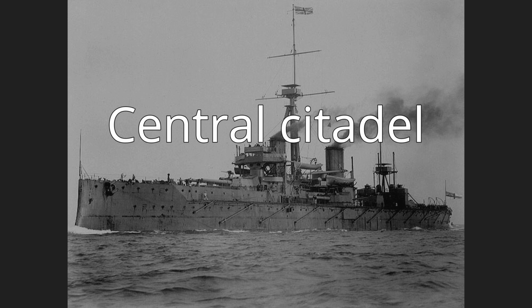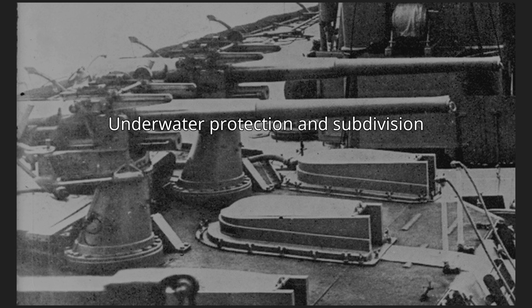Yamato carried a 16-inch (410 mm) main belt, but a deck 9-inch (230 mm) thick. Underwater protection and subdivision. The final element of the protection scheme of the first dreadnoughts was the subdivision of the